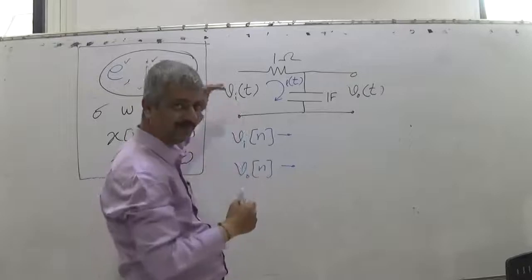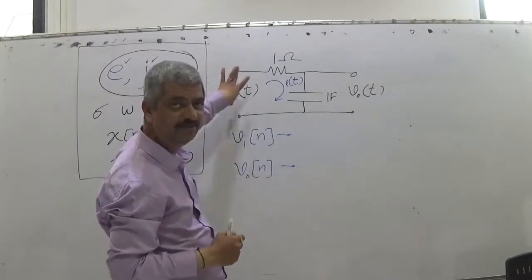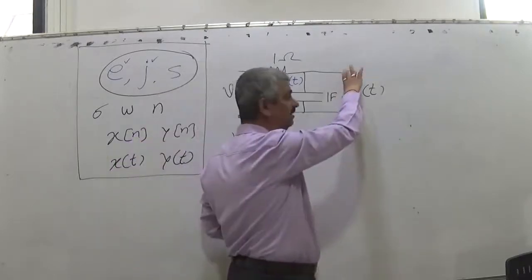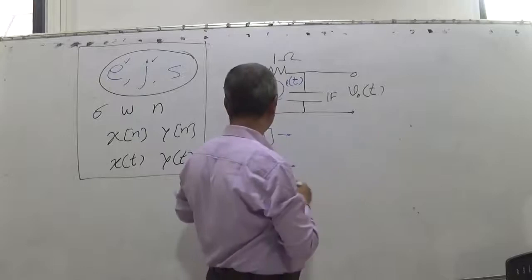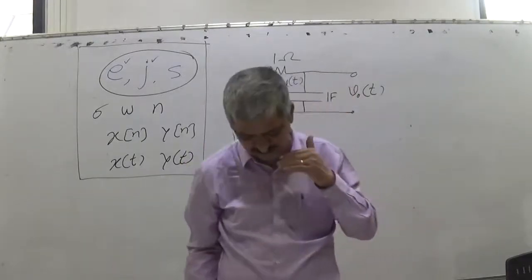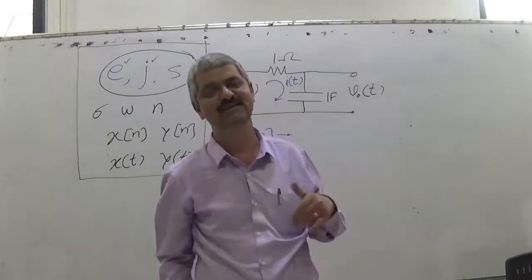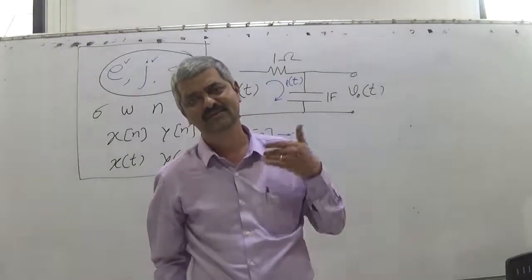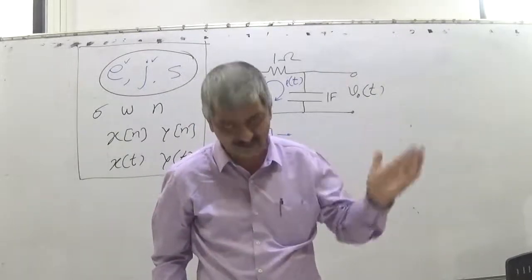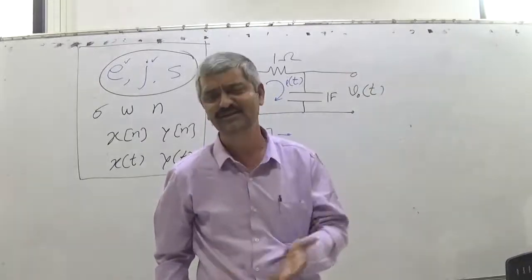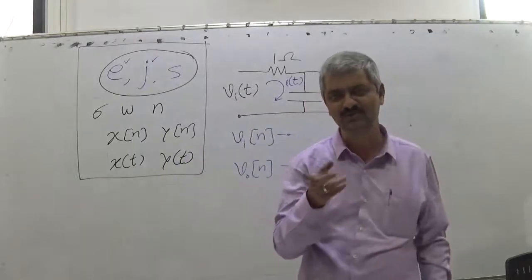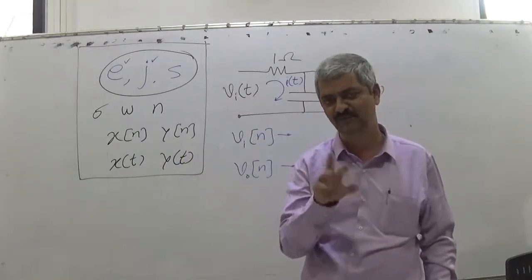You start the system. You will apply some input that will be recorded by sampling and digitizing. You will also record the output by sampling and digitizing. Each microsecond you will take a sample. So in 1 second there will be 1000 samples, in 10 seconds, 10,000 samples. You have huge memory. In 100 seconds, 1 lakh samples. You can store that very easily. So you will store that information, and then you will try to correlate the information effectively.